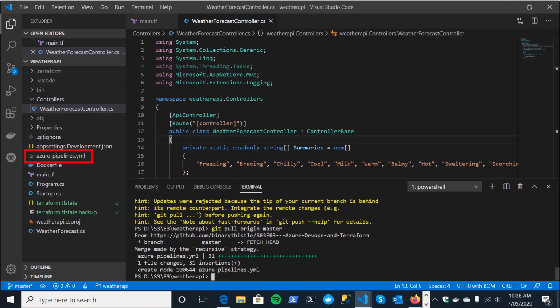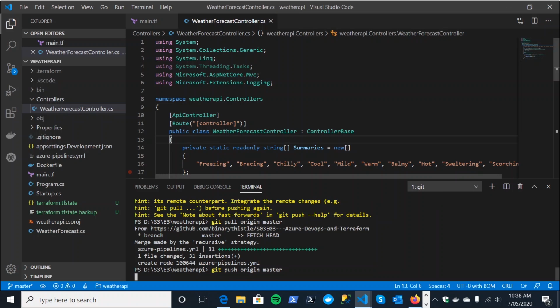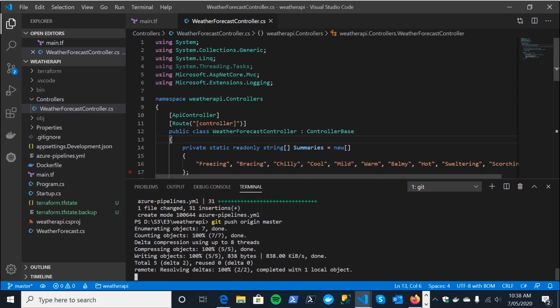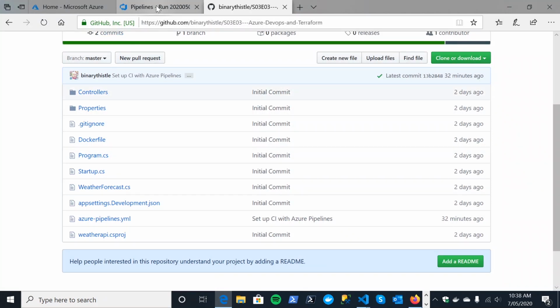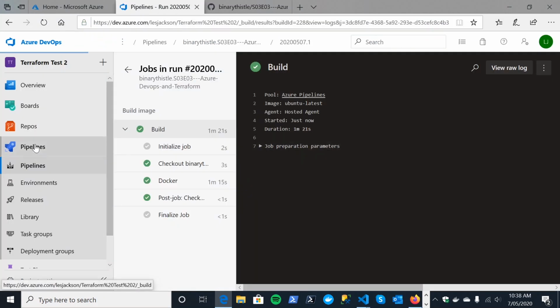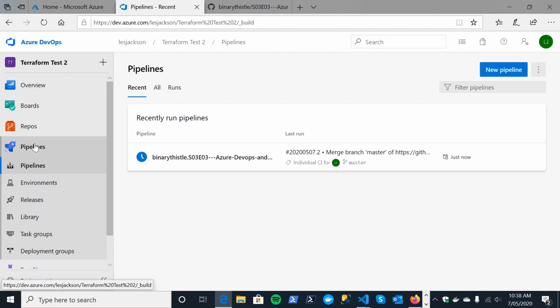Okay, that looks better. Okay, so our Azure Pipelines file has come down. Fantastic. And let's see if we can push it up now. Okay, that's better. Now, I will deal with these files later. We'll leave them there just now. But what we should see if we move over to our pipeline is